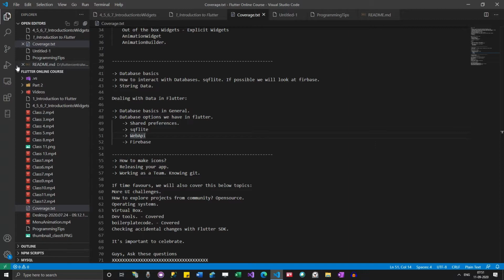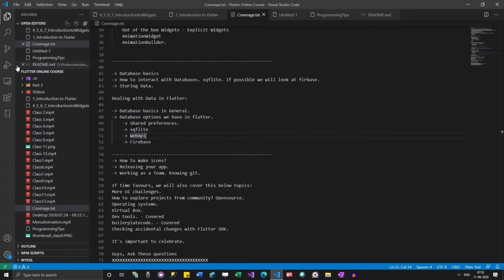In order to understand more about web APIs, I will share some resources. In my next class, I will share some resources on how you can take your learning further. For example, when I was covering SQLite and web APIs, I didn't share any resources.